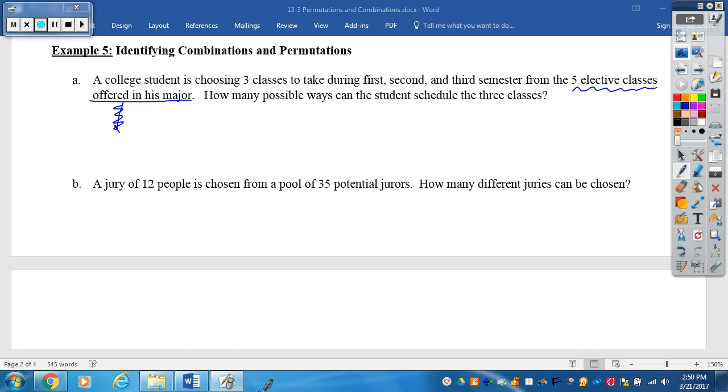One class isn't imperative for the other class. And so what we have here as a combination is that we have 5 different classes to choose from, and we're going to take 3 of them. All right. So, with that being said,